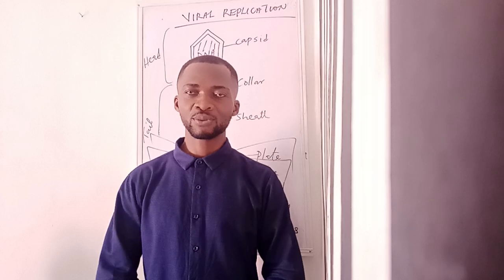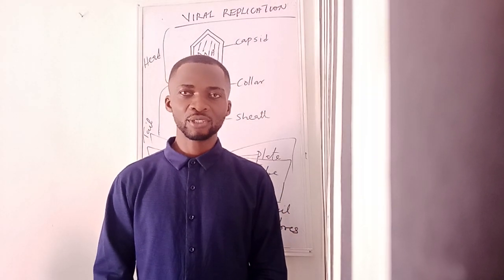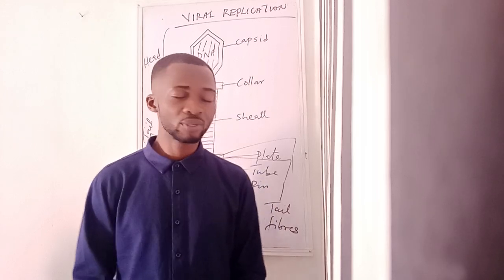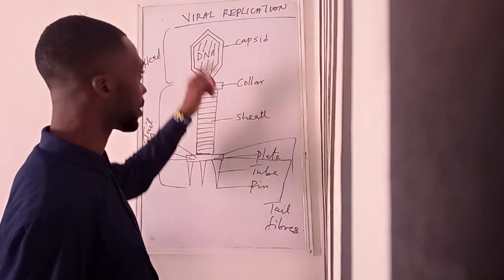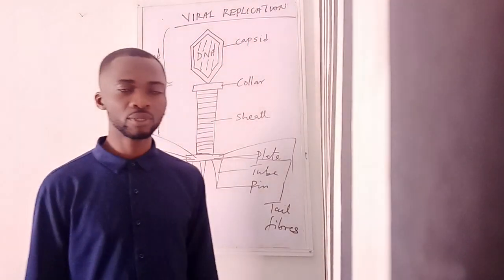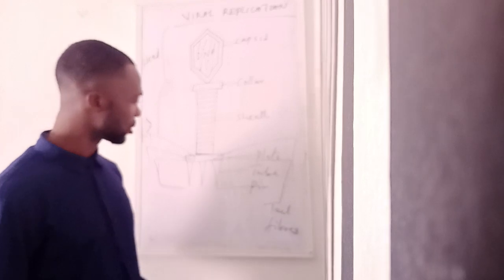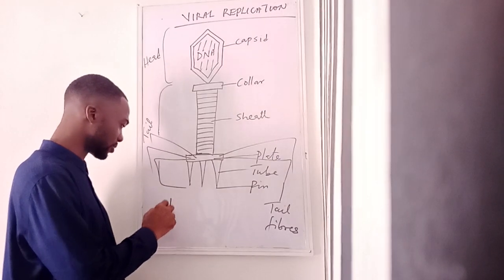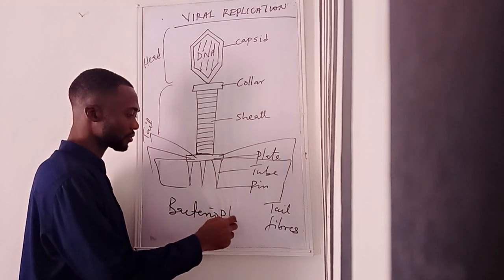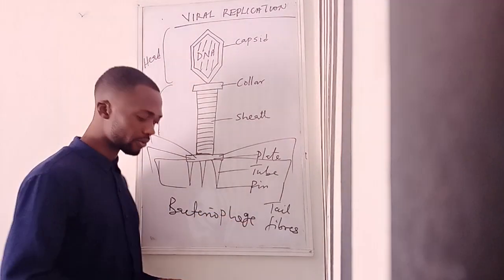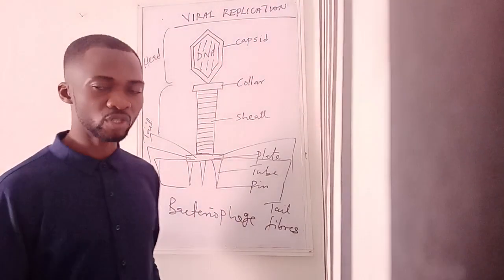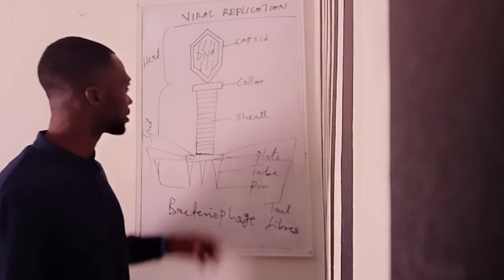In today's class, we're going to be talking about the replication of virus, or what we call viral replication. This is the structure of a bacteriophage. Of course, you know that a bacteriophage is a complex example of a complex virus that is a